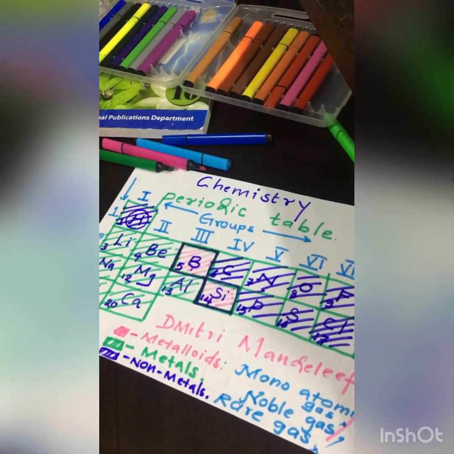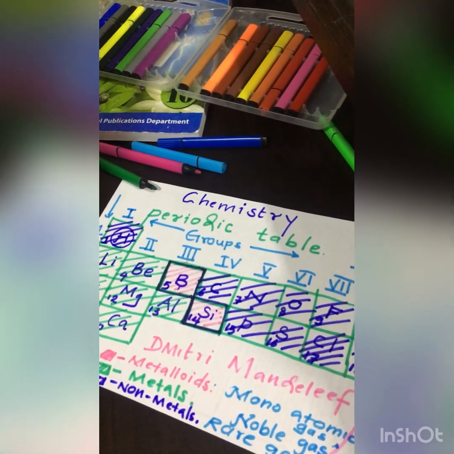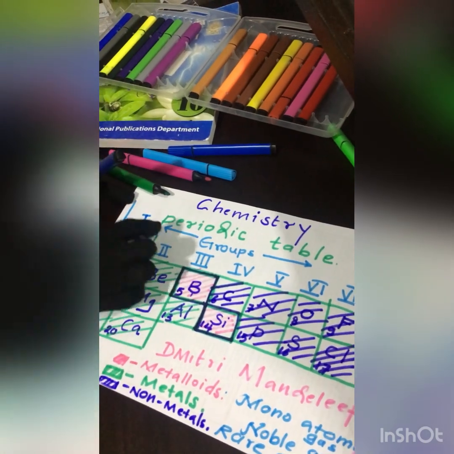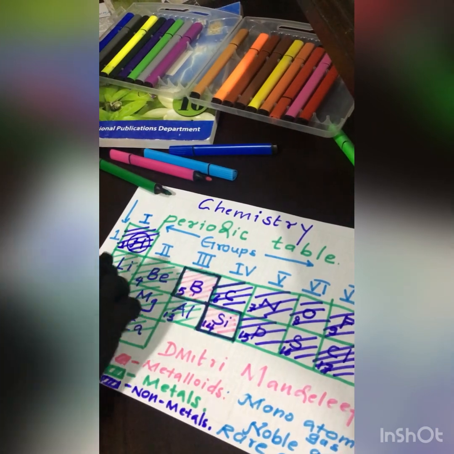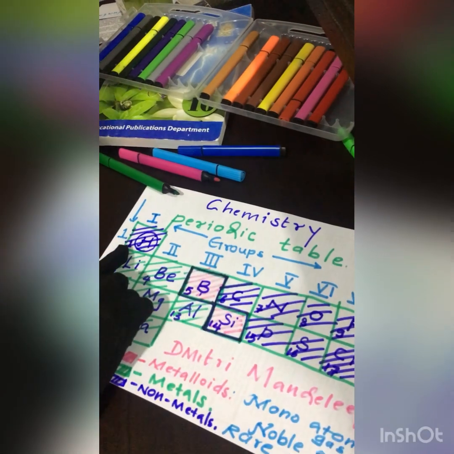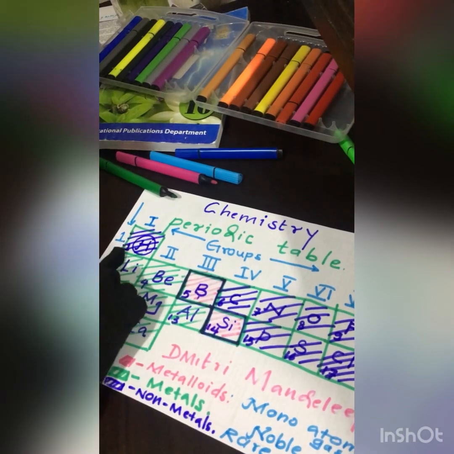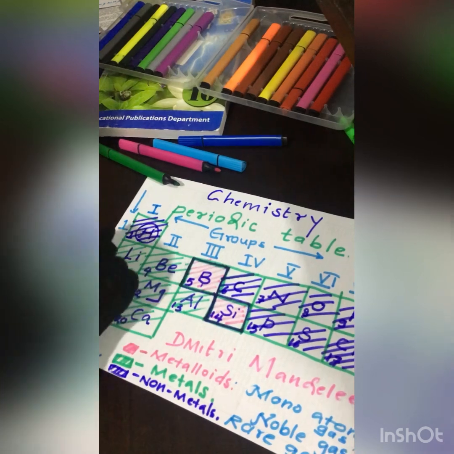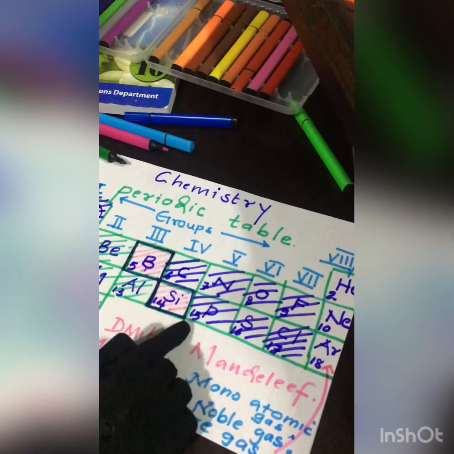So I hope you understand this periodic table properly. Now you all have to remember there are 20 elements, and if you know how to draw the periodic table properly, you don't need to memorize the atomic numbers. After drawing the periodic table properly, you can just mark the atomic numbers in order. Always mark the atomic number on the left side, at the bottom. Don't forget to mark it properly on this side.